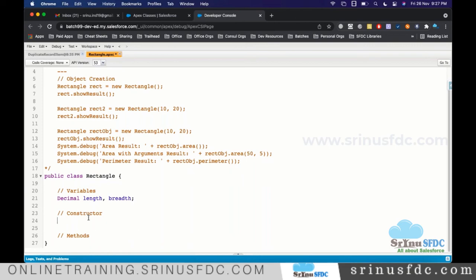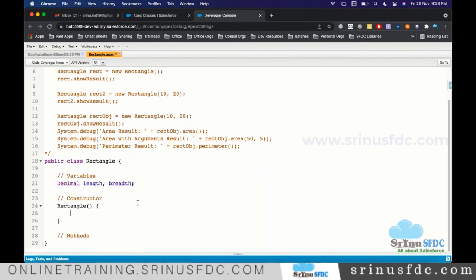As per the syntax, the name of the constructor should be the same as the class name. So we give this bracket after the class name, and I'm saying it is a constructor. The constructor is not mandatory.